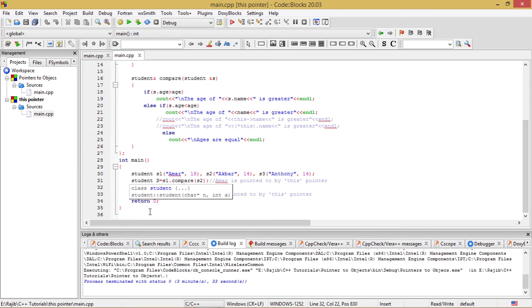And after that, I have taken yet another implementation. I've done another implementation of this compare function, s2 dot compare s3. Here this s3 is the argument, object is argument, and s2 is the calling object. That is, Akbar is the calling object. Anthony goes as the argument. So this Akbar is 14, Anthony is 14, so the ages are equal, will be the expected result.